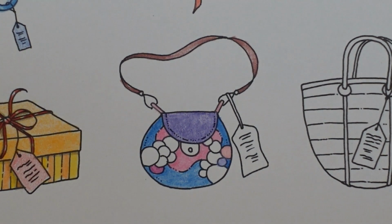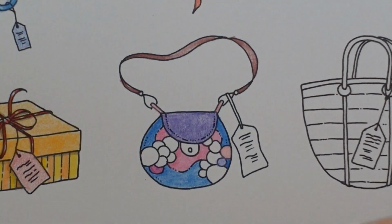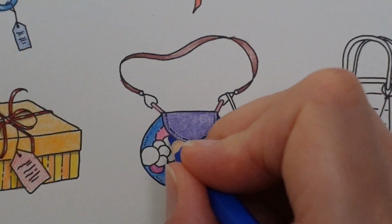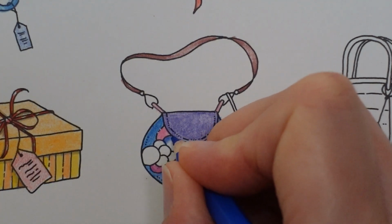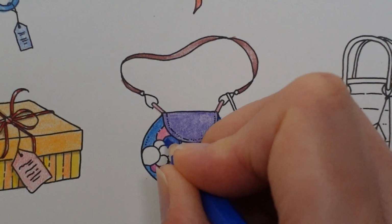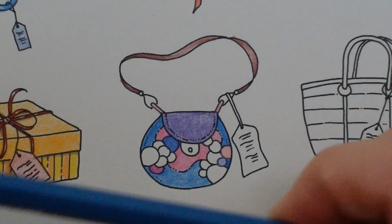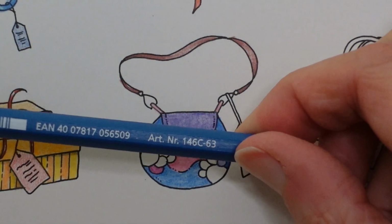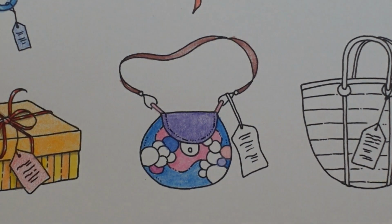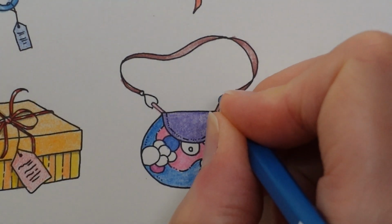Okay, where are we going now? We'll go for some different blues. I've got number 33, which is our cobalt blue, and I'm going to use it here. I'm going to grab some more blues. I've got to turn my section over of my pencil case. This is the Delft Blue 63. I'm going to do it for these